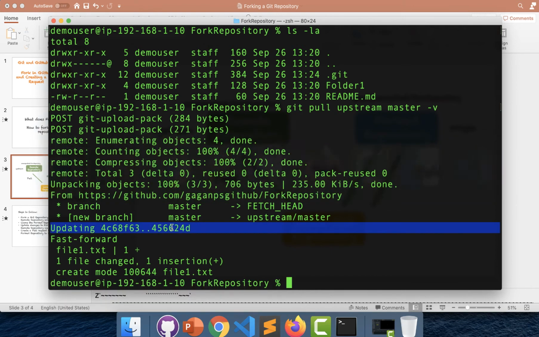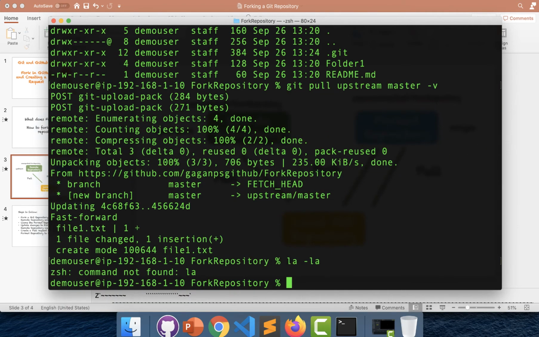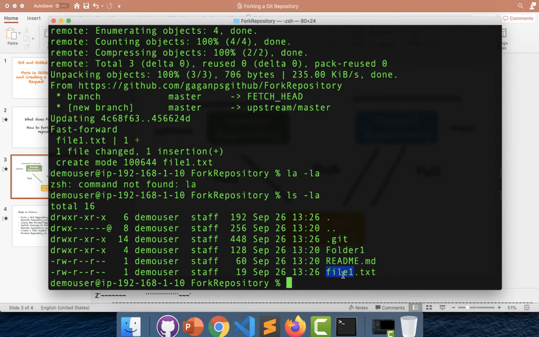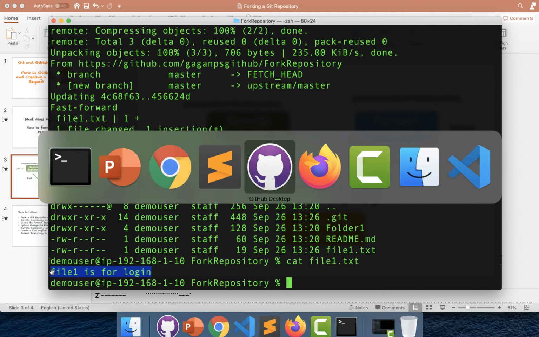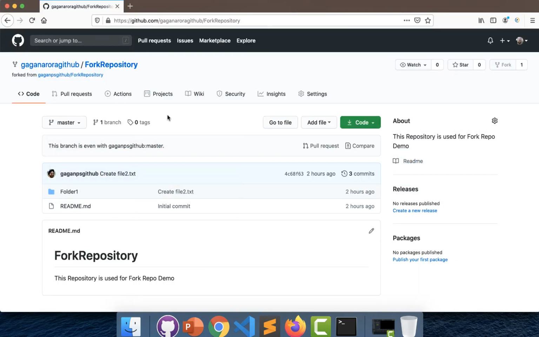Now if I go back and check my local repository, you can see this file has been displayed over here, which means the file is present now after we have done a git pull, and the content is also the same over here.